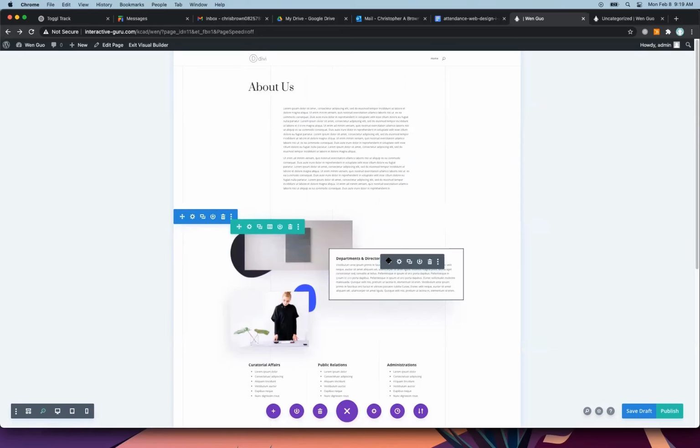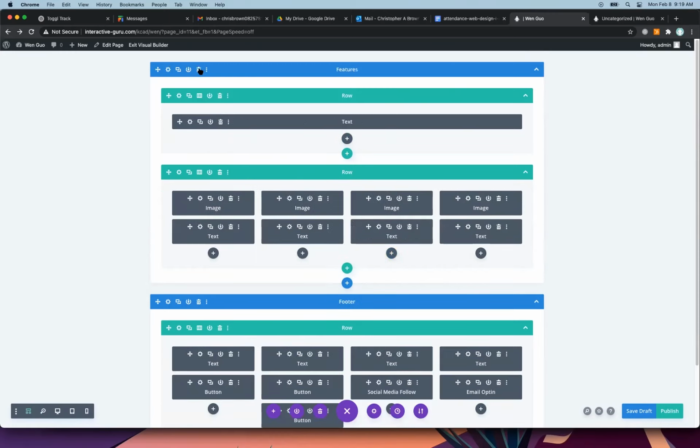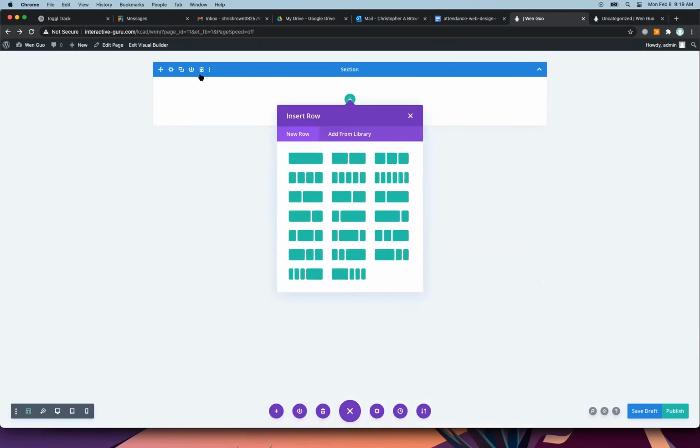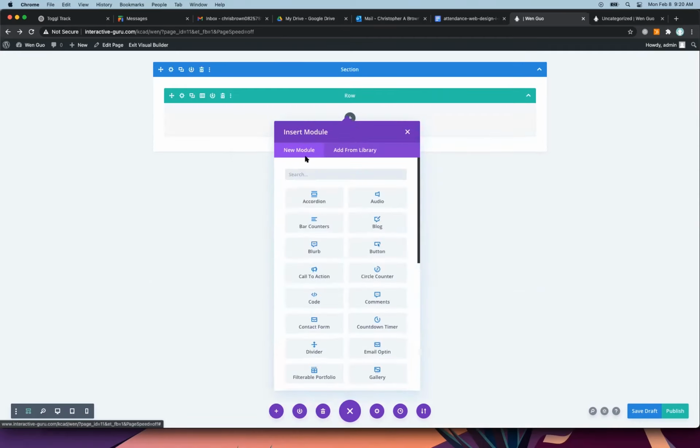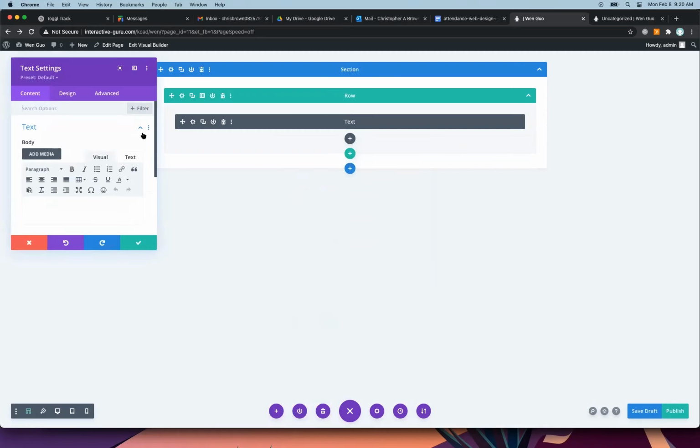I am actually going to delete all this stuff and go back to the beginning. Even if I started with one, it's very common to start with a pre-made look and then really start paring it down. But I can very quickly just delete the sections and poof, I'm back to a completely blank page. So it always has to start with a section. A section is just kind of an arbitrary place. And then you always start with a new row and tell it how many columns you want the row to have. So again, if we wanted just one major one across here, let's say we had some text, and we'll say,